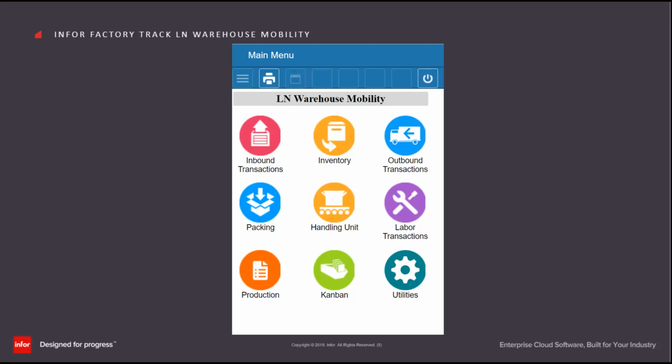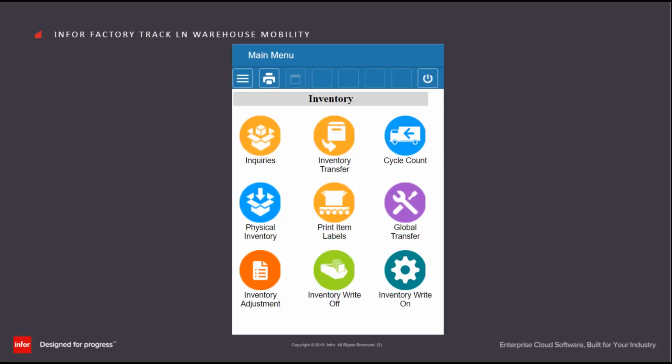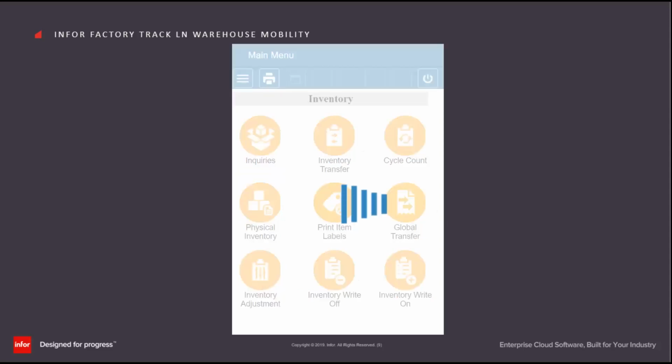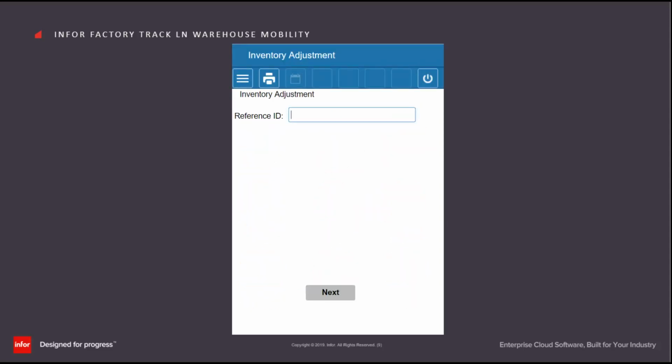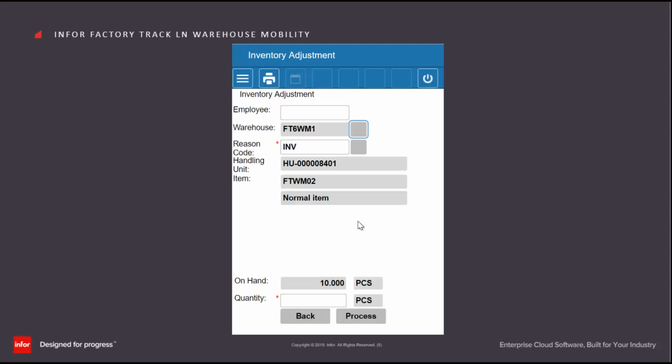In order to access the transaction, we click on the inventory icon and then the inventory adjustment. We can use the inventory adjustment to adjust the stock of a particular handling unit if necessary by entering it in the reference ID. In this case, the handling unit currently has 10 in it. If we have actually counted it and instead of 10 there are actually 12, we can just make the adjustment